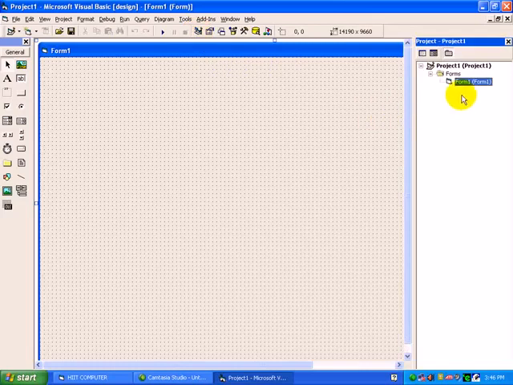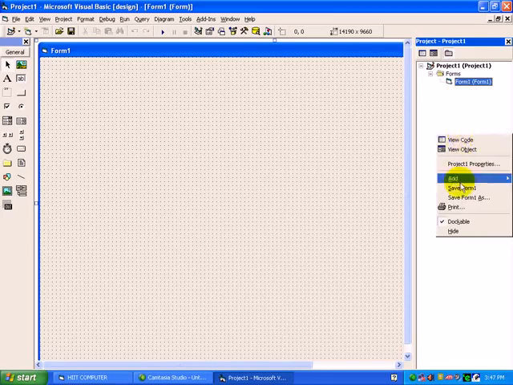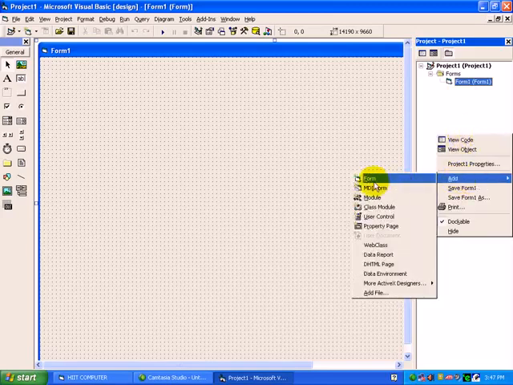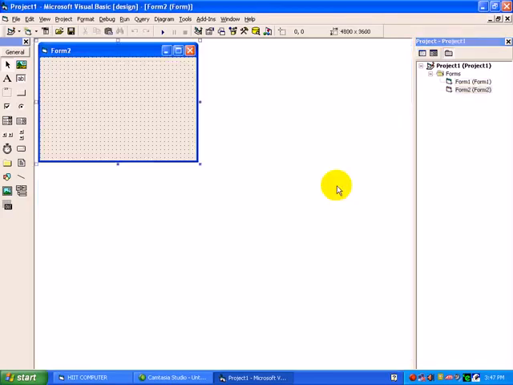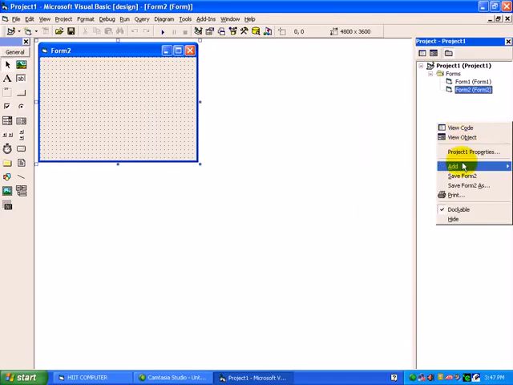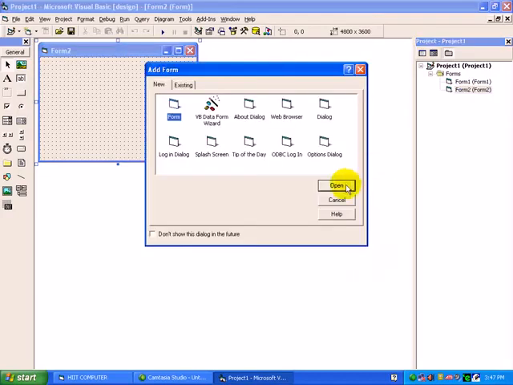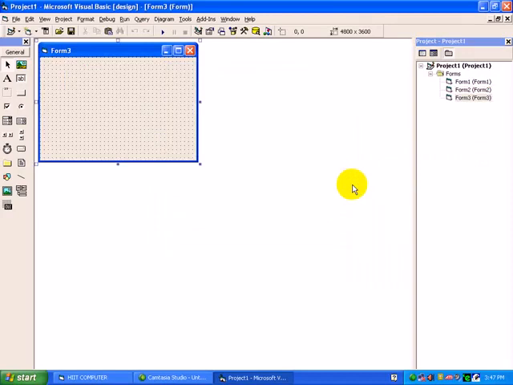You will get an index of the forms, means the forms list will be shown under Project Explorer. We can add a form, we can remove a form from this Project Explorer window. To add a second form, we just have to right click here, move to Add and press on Form. See, Open. Fine, Form2 has been added. So maximum 64,000 forms can be added inside one project. Once again, right click, Add and Form, press Open. See, in this way you can add one by one the different forms as per the requirement.